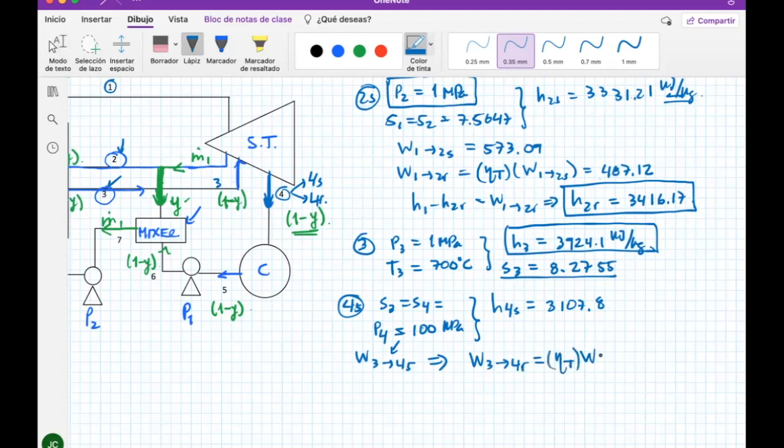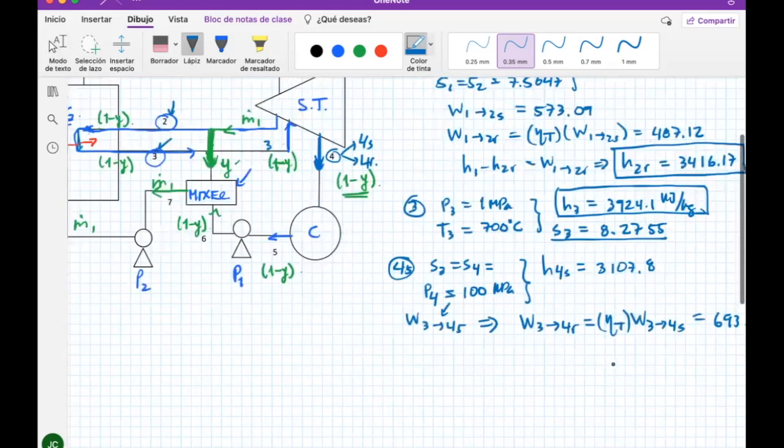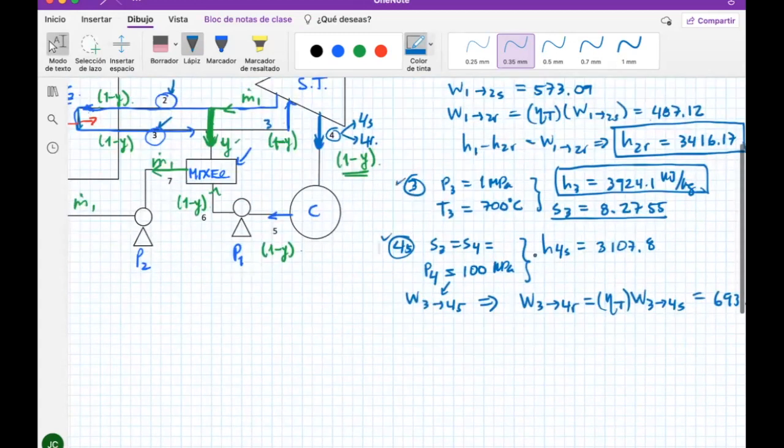This is the isentropic efficiency of the turbine, 3 going to 4S, okay? So the isentropic work, and this guy I think I already have here, equals 693.855 kilojoules per kilogram, okay? So that's kind of the idea from 3 to 4. I mean, you can use H3 minus H4S and do the isentropic part of the work, but I'm interested in the real part of the work